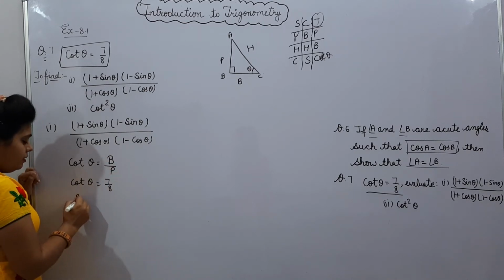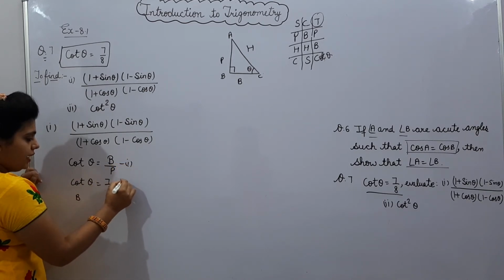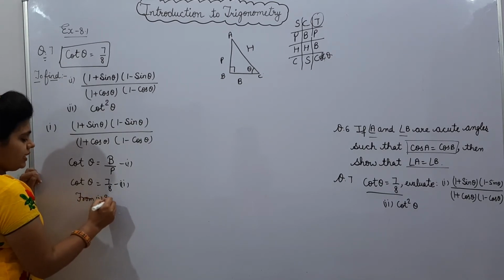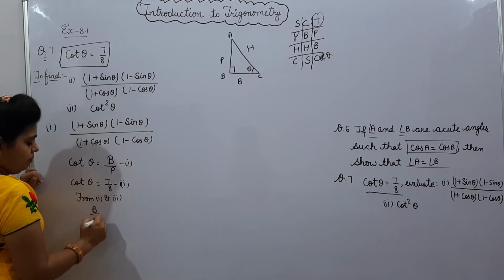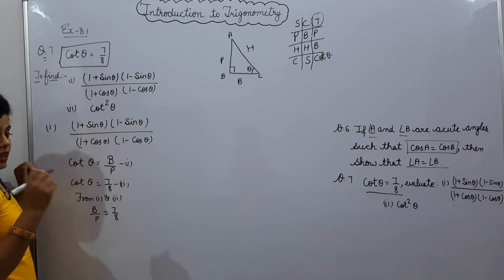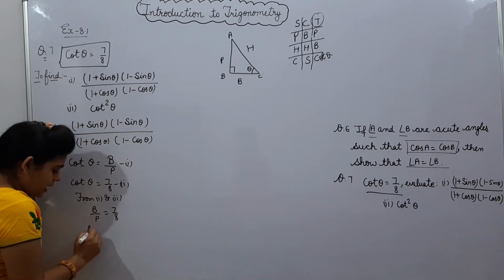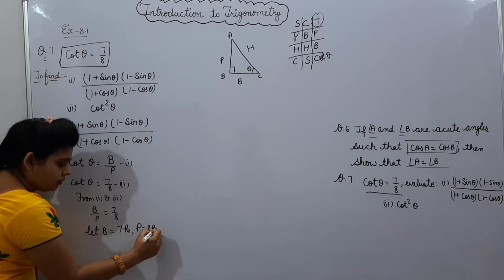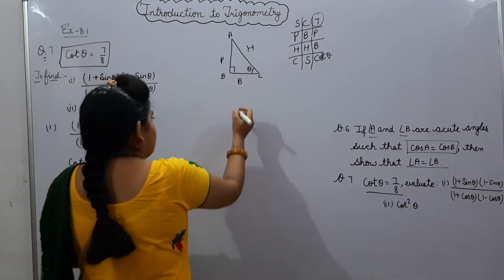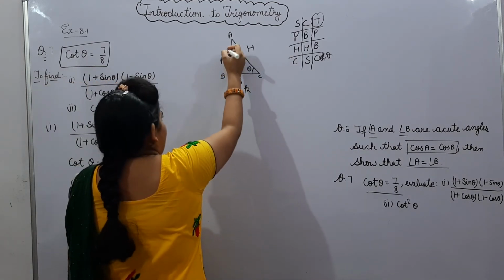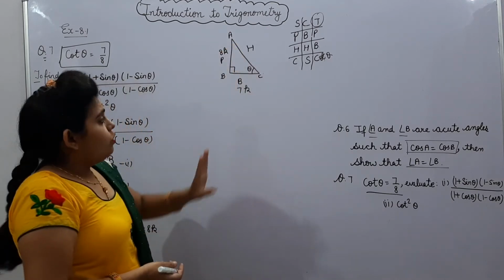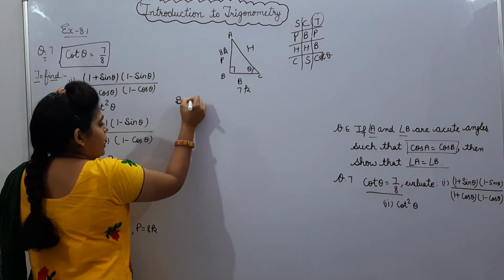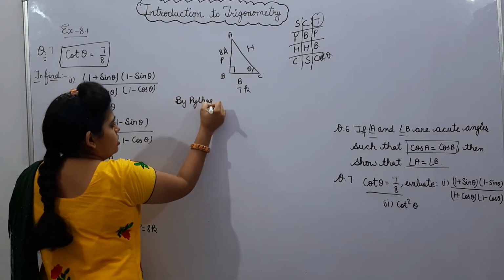Now by comparing the first and second, B by P is equal to 7 by 8. As we have done in earlier questions, then B is equal to 7k, P is equal to 8k. Yes, beta, base 7k, perpendicular 8k. First of all, we will find the value of this hypotenuse by Pythagoras theorem,